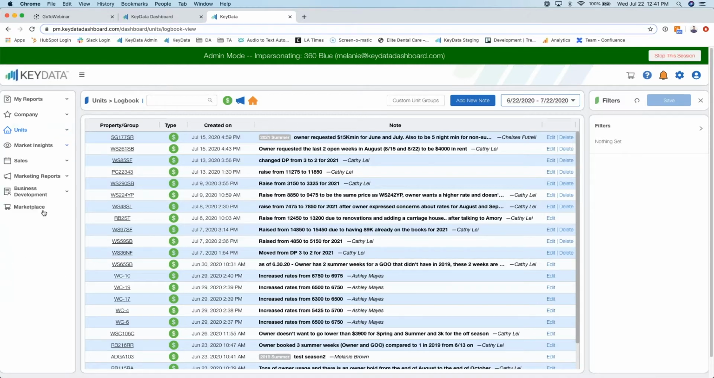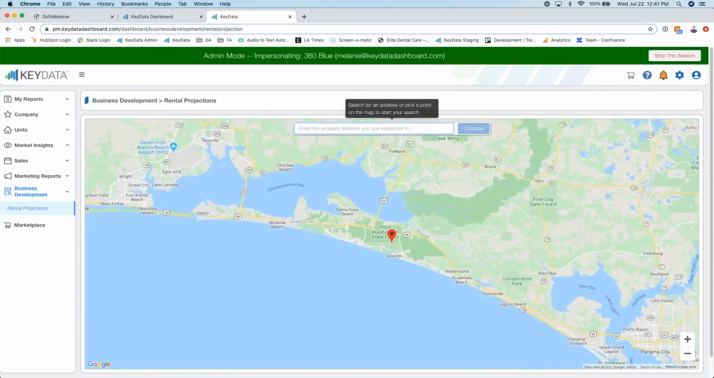Next up is our business development rental projection tool. And like Jason said earlier, we have had this product out for a little more than 30 days now, but it's recently undergone a full overhaul based off of feedback that we received from you, our partners. So to get us started here,